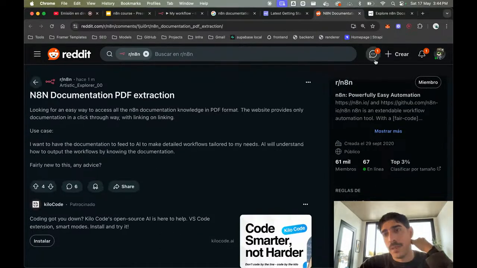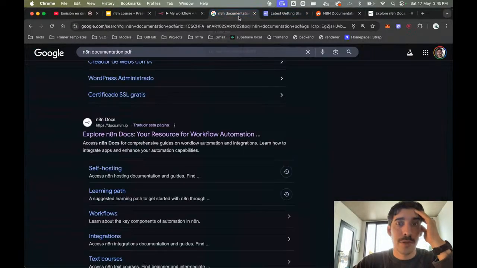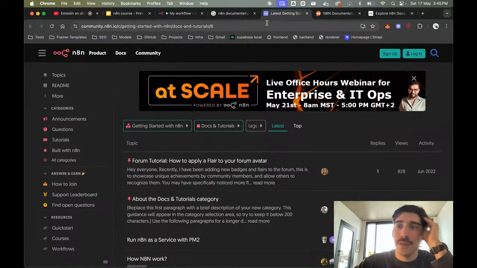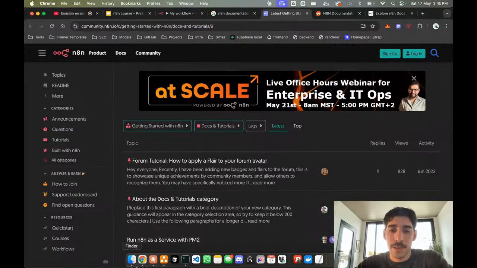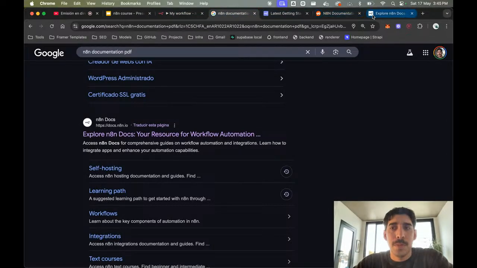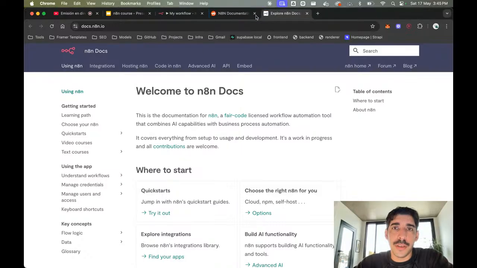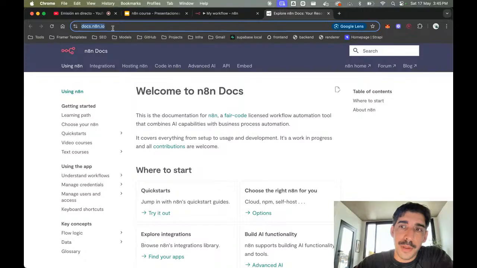Yeah, so I can see already there are people wanting to do the same thing that I was trying to do: feed the DNA documentation to my AI helper, which is Claude in this case. And this could probably be helpful for other situations as well, because lately there's a lot of documentation in this format. And I know Claude can now search the web, but maybe if I can save that.